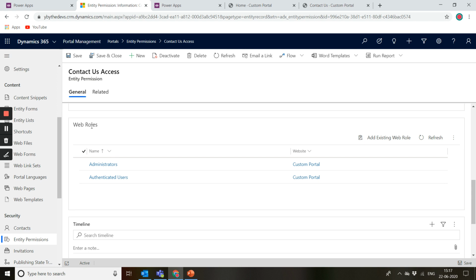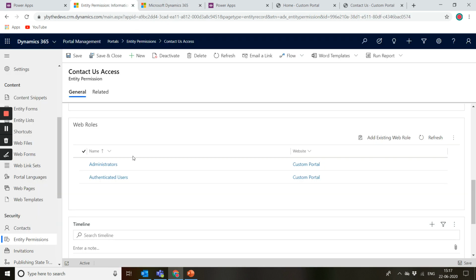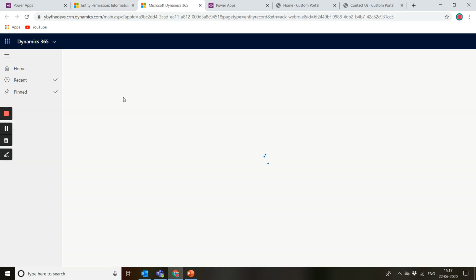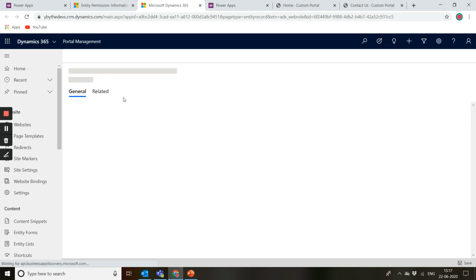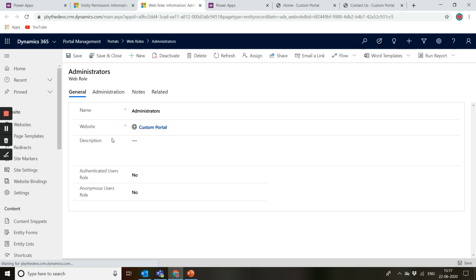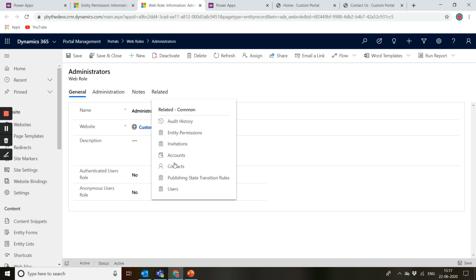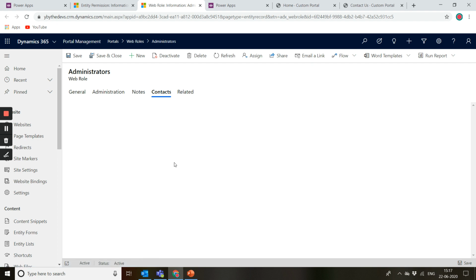So something like here, if I open this web role, administrator, in the next tab, I can add multiple contacts as well, like what all contacts this role is going to be enabled on. Here there is nothing, but I can select the contacts from related records here.